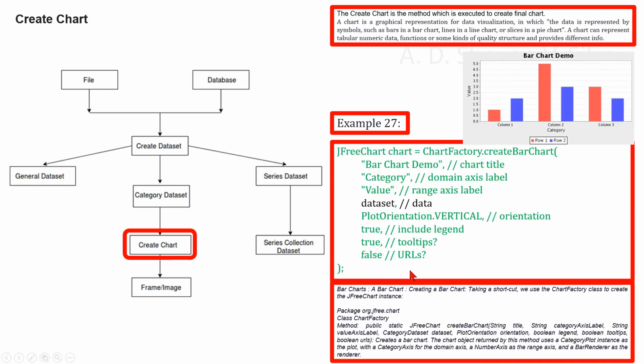Here you can see now we are considering creating a bar chart in bar charts. Taking a shortcut, we use the ChartFactory class to create a JFreeChart instance. The method public static JFreeChart createBarChart(String title, String categoryAxisLabel, String valueAxisLabel, CategoryDataset dataset, PlotOrientation orientation, boolean legend, boolean tooltips, boolean urls)